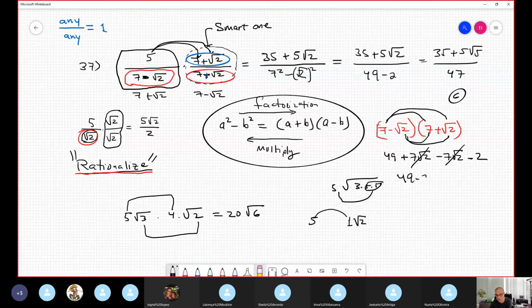So 49 minus 2. And we can do that using that formula, which is square the first minus square the second. Square the first is 7 squared, which is 49. Square the second is the square of the square root of 2, which is just 2. And the answer is